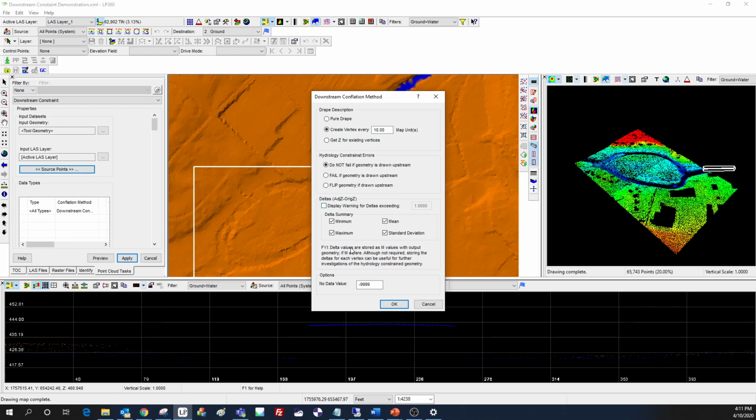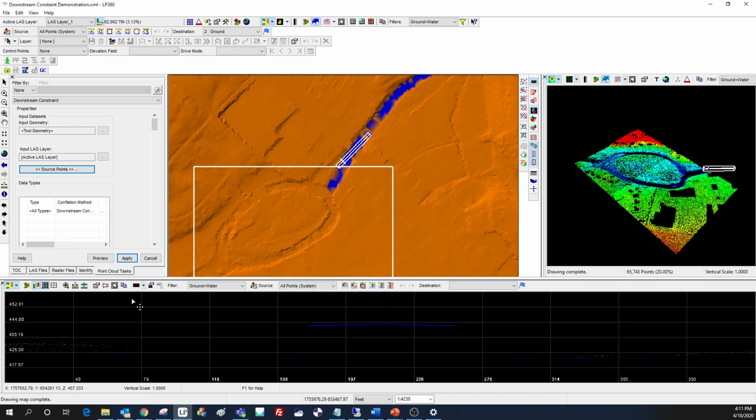And it says here that these delta values are stored as M values with output geometry. So whenever we get to that point, we're going to have it set to turn on writing those M values. I'm going to click OK. If I scroll down here,